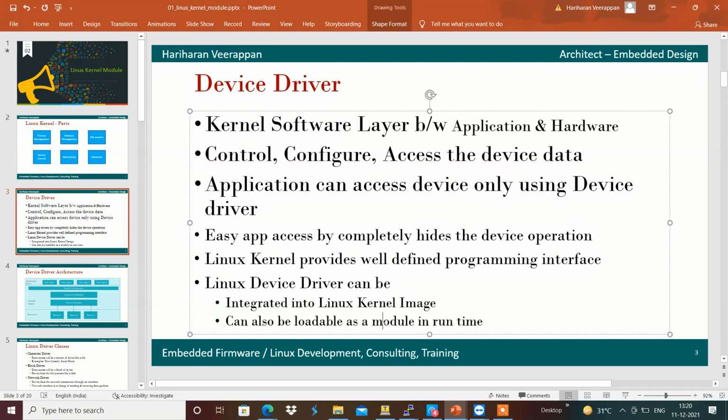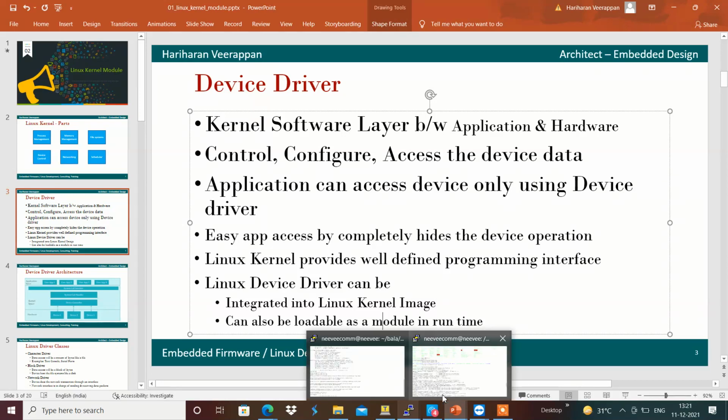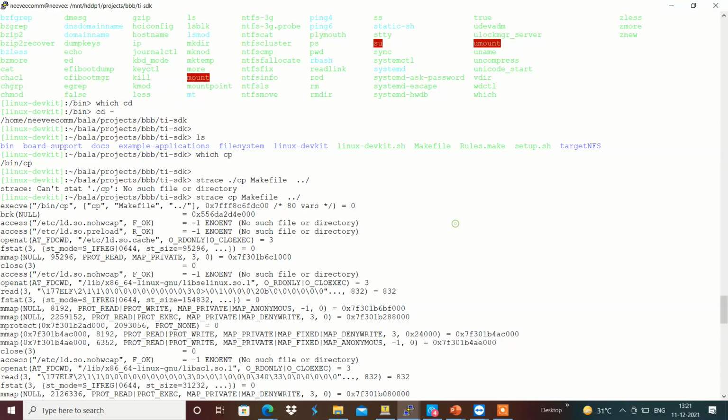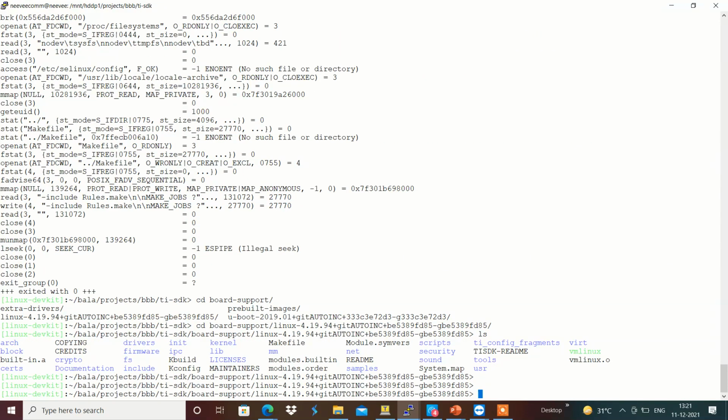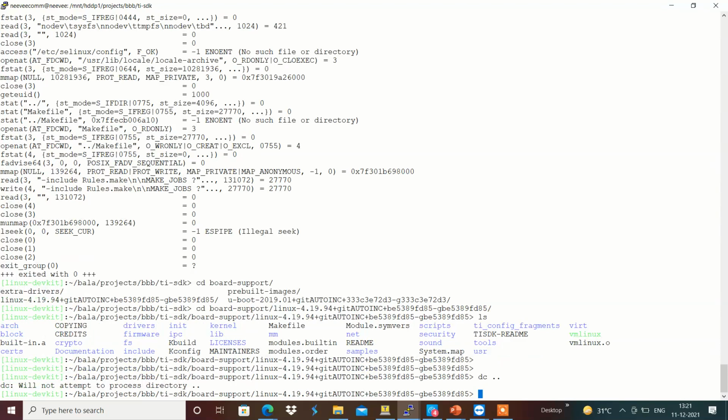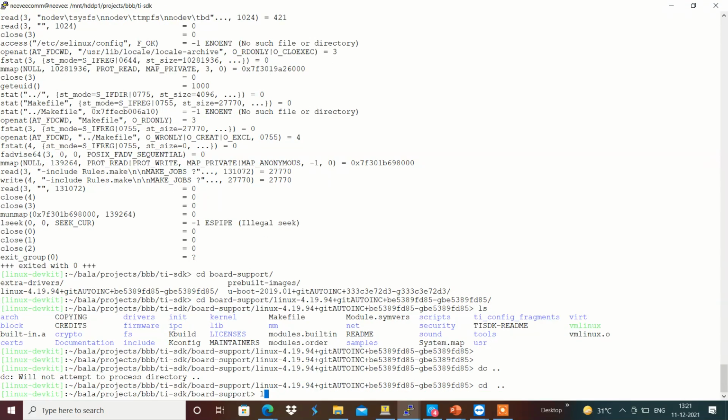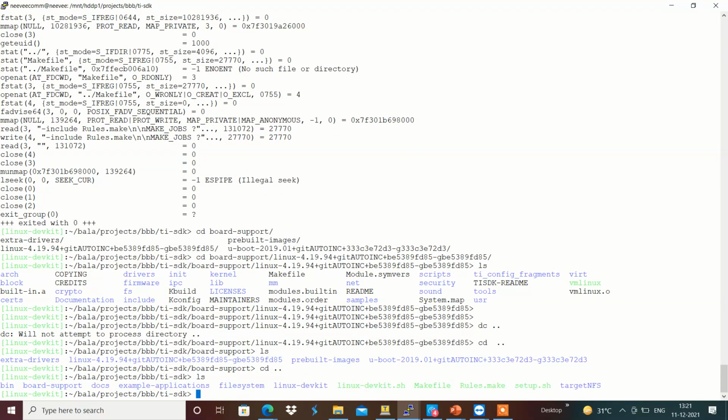A device driver can be integrated in the kernel image itself, or a kernel module can be loaded. The module will be loaded after the runtime boot up. We can do this with the help of, for example, the Linux SDK. During the Linux configuration, we will be having something like a